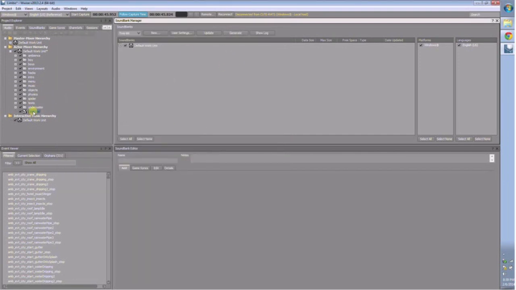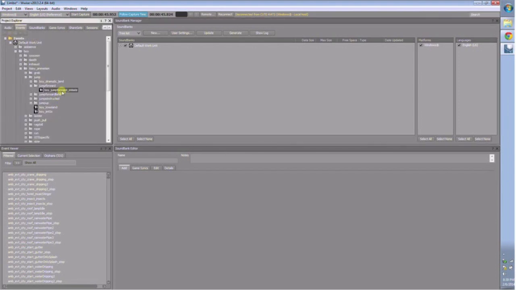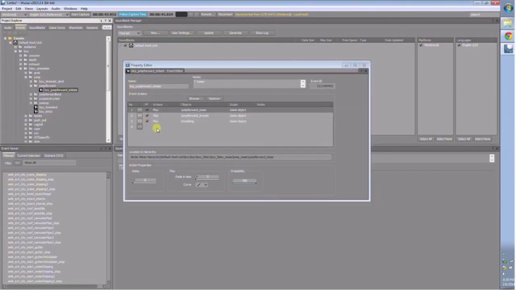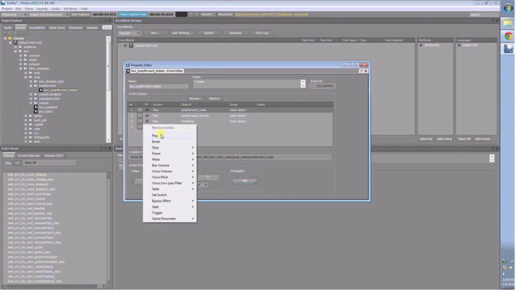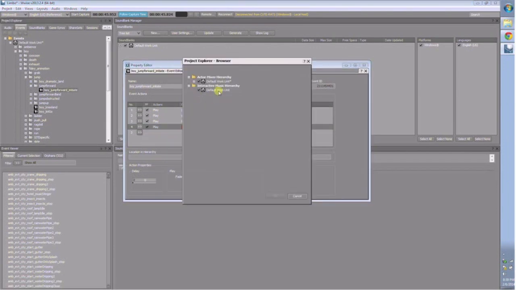You have to link any file that you create to the events. So we must come to the events editor, and we're going to add a play action, and we're going to browse, follow, link our Dag Nabbit,